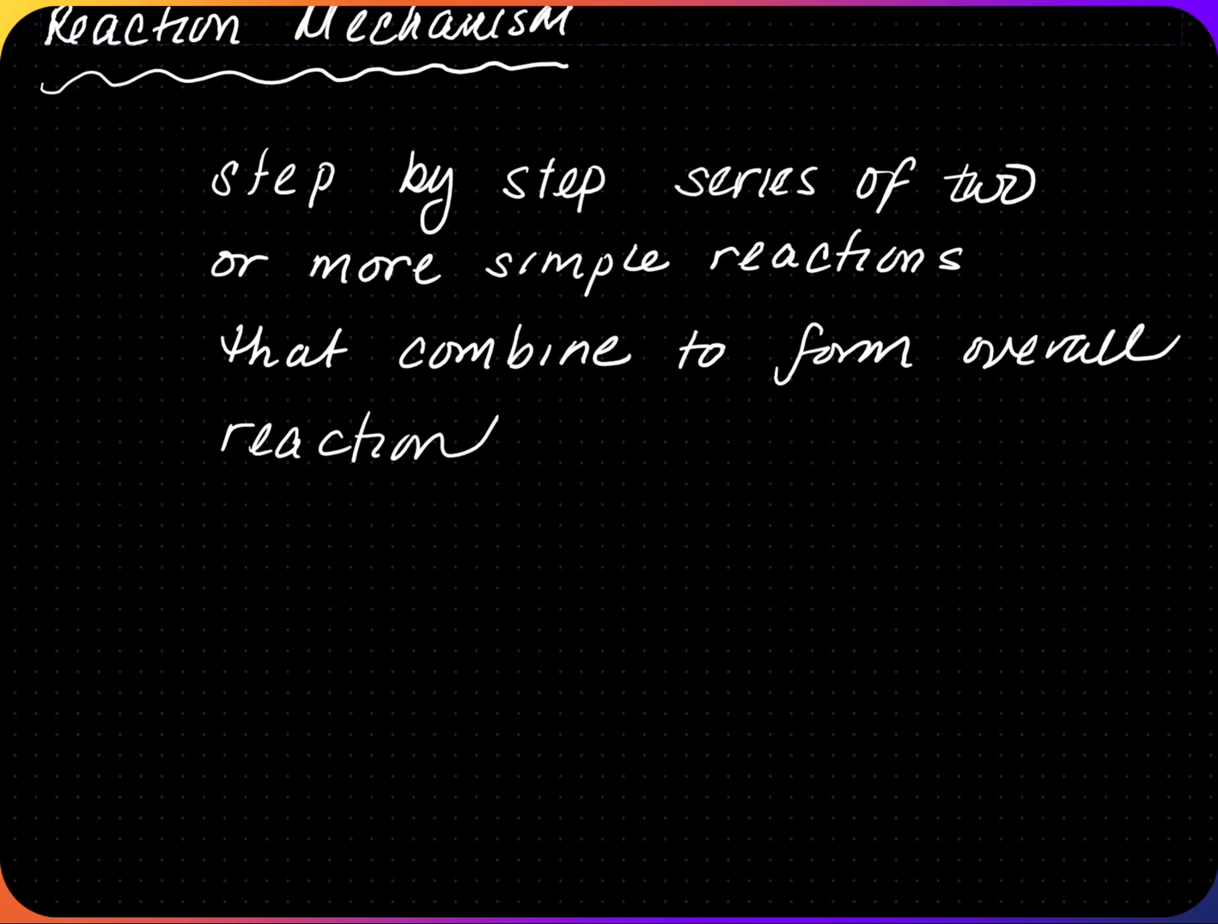Not all reactions occur in one step. Usually, they occur in multi-step. Reaction mechanism shows a step-by-step series of two or more simple reactions that combine to form an overall reaction. So what a reaction mechanism does is describe in detail exactly what takes place at each stage of an overall chemical